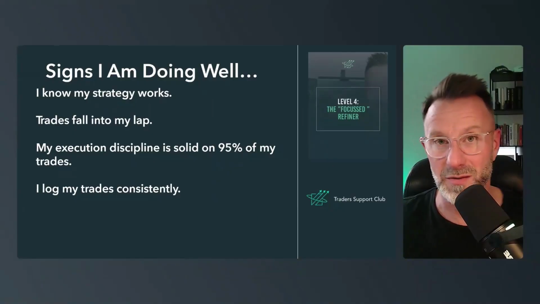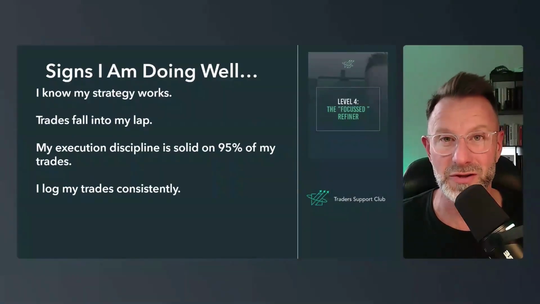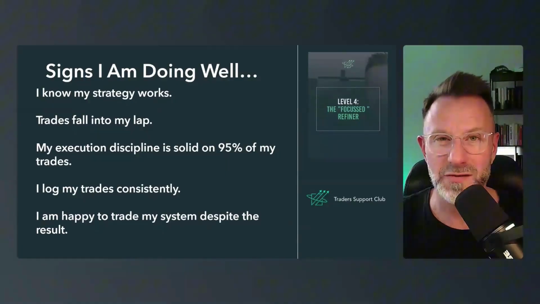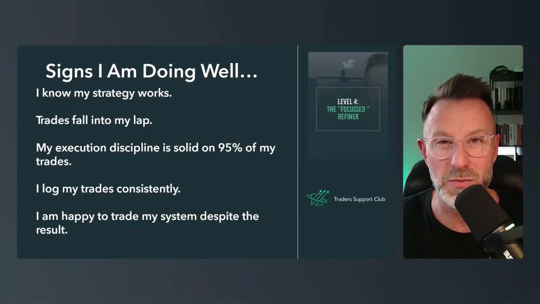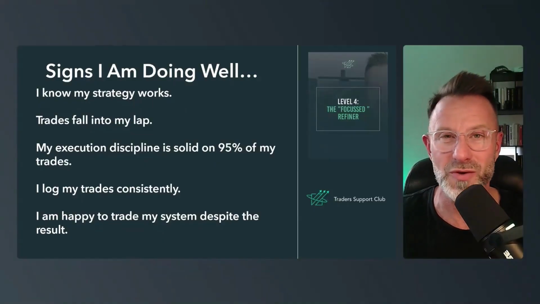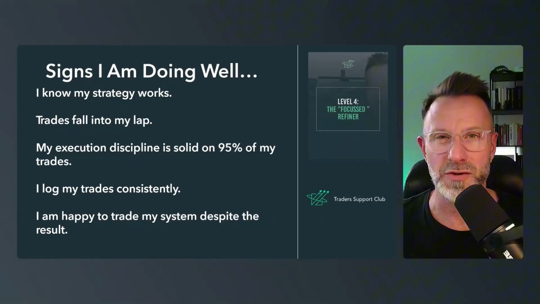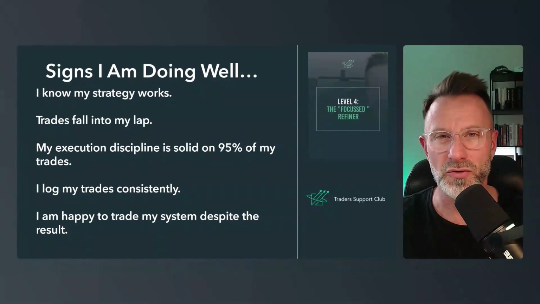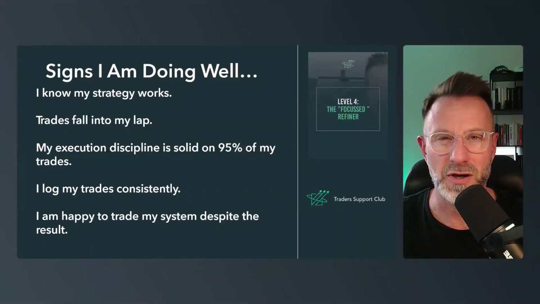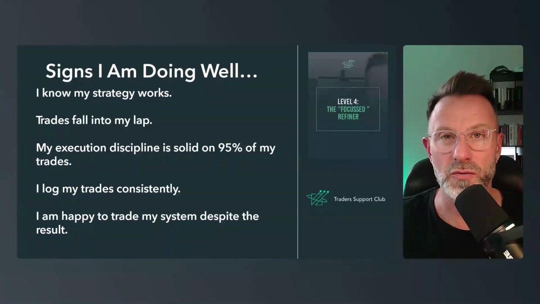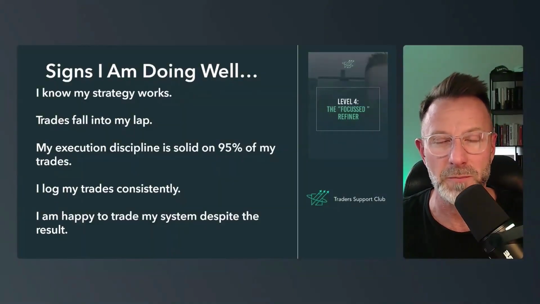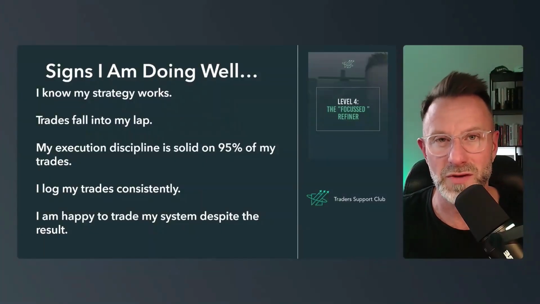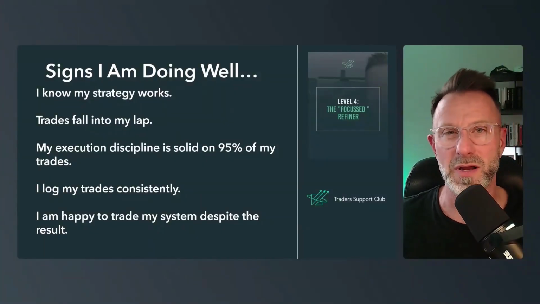And the key, as I've already said in the video, is build up the habits. Make sure you're not leaving it too long before you fill out those results. And then you're happy to trade the system despite the lag time that you might be in, or despite the result that you had that day, that week, or that month. You don't suddenly go and shift what you're doing. You might be testing other things to optimize it, but you're not trying to shift what you do. So you're happy to trade it regardless of the result. Remember, you make the process your focus at the early part of this level, and that's what you measure yourself on, so that you get to the point where you're unconsciously competent and you deliver on this and you're not being wavered by the result.